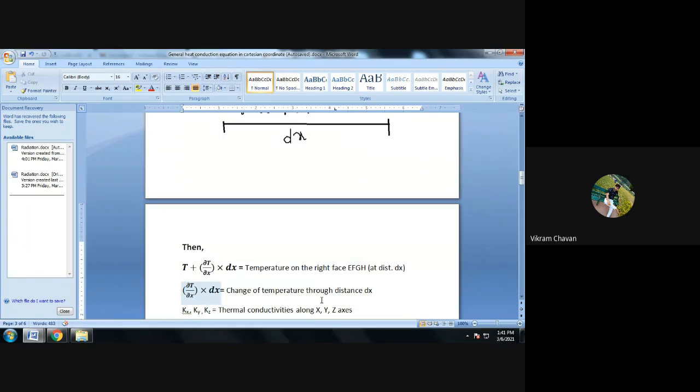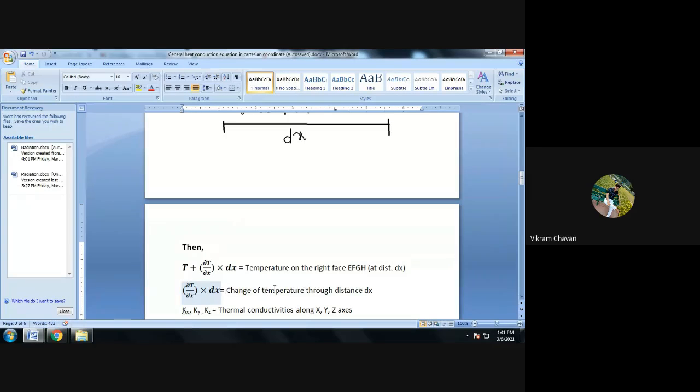There are 14 kinds of derivation in the first chapter only, and this is just an example type of derivation. So if you have any doubt, any question, you can comment in the chat box, or you can unmute and ask that question. Or else if you understood everything, then just put understood.